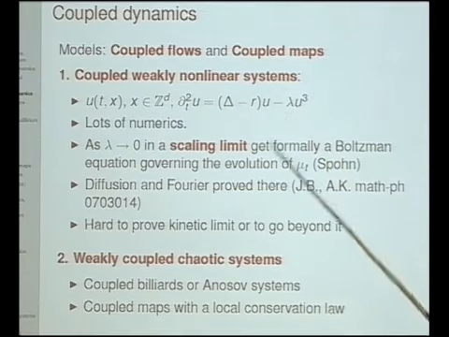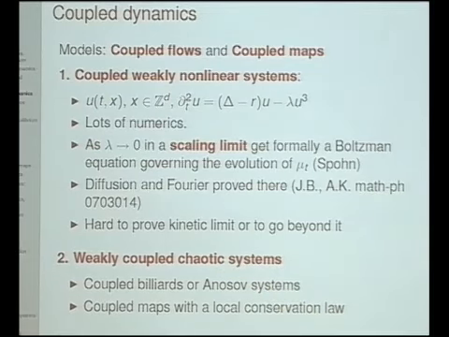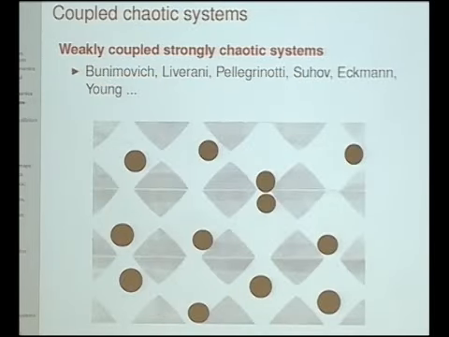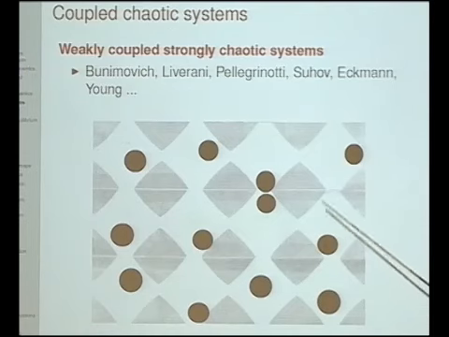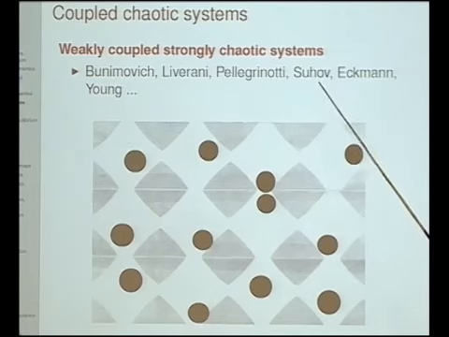Now there's a completely opposite limit. So instead of coupling strongly weakly anharmonic systems, couple weakly strongly anharmonic systems. That's the other end of the spectrum. So that's what I want to talk about, actually. The systems are such that you take coupled together very nice hyperbolic Hamiltonian systems like billiards or Anderson systems, or a discrete time version of such a thing, so coupled maps. So let me give you a picture of